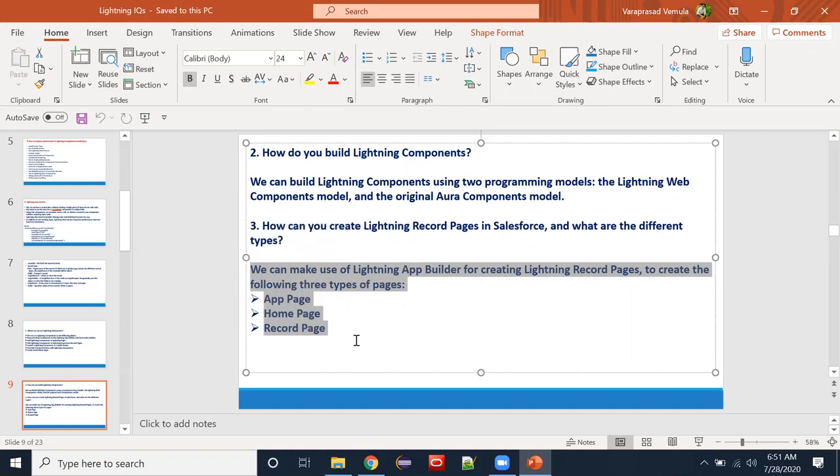So using app builder, you can choose any one, either app page, home page, or record page, right? Then after saving, if you want org-wise default or any specific profile default, you can do those settings after creating these pages. Clear, right, everyone? Okay.